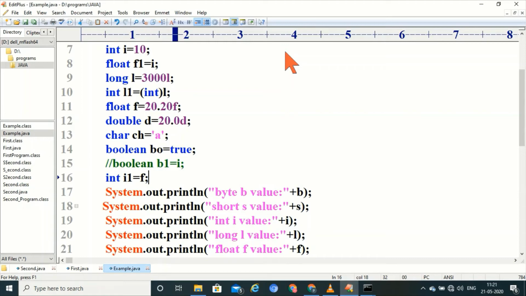And some special cases are: long value can be assigned to the float variable, but float variable can't be assigned to the long variable because float range is greater than long range. Floating point value can't be stored in long variable.